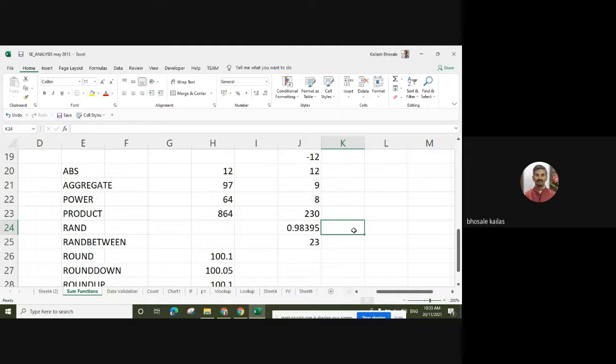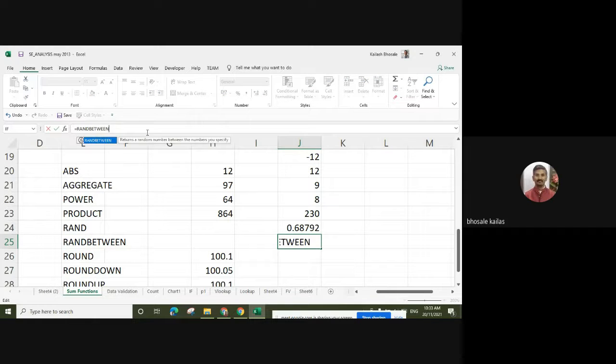Whenever we press here, it will give us random values anytime. And the second function I told you about is RANDBETWEEN. It returns a random number between the numbers specified. Suppose I want to generate a number between any two values.